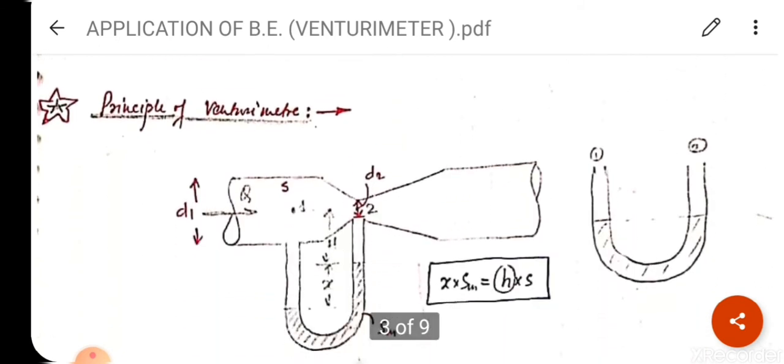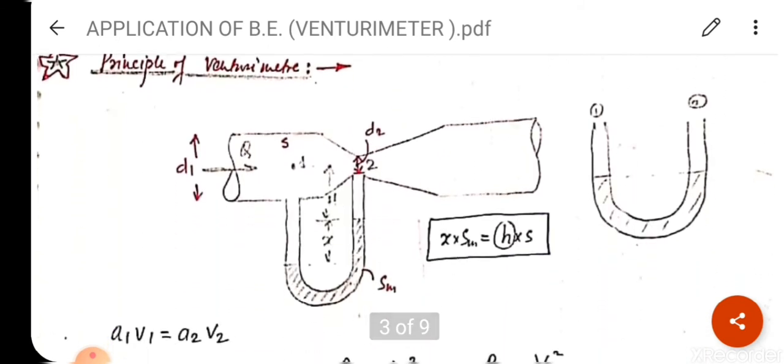Now we will discuss the principle of the Venturi meter. Where does this principle of the Venturi meter come from, and how will we find it out? Considering, I am placing a differential U-tube manometer in the Venturi meter. One limb is at the throat and another limb is at the pipe, that is point 1 and the throat point is point 2. Initially both the limbs of the differential manometer, in which mercury is used as the manometric fluid, are at the same level when the pressure is not varying.